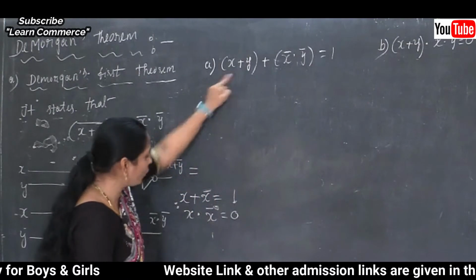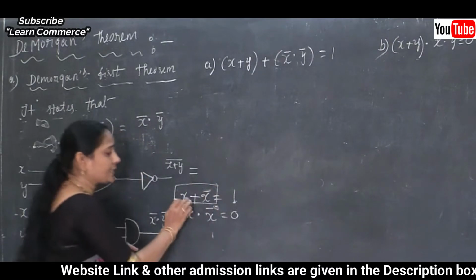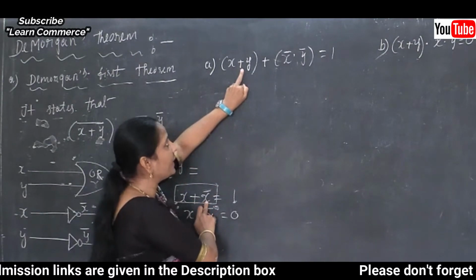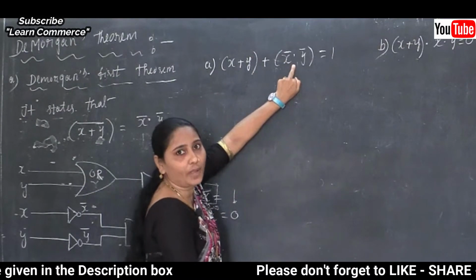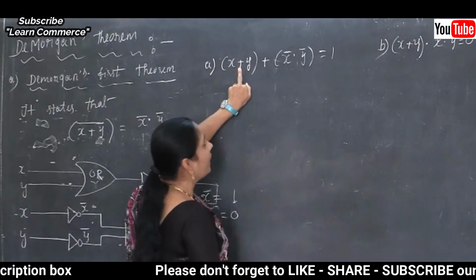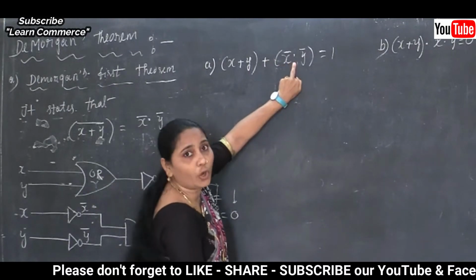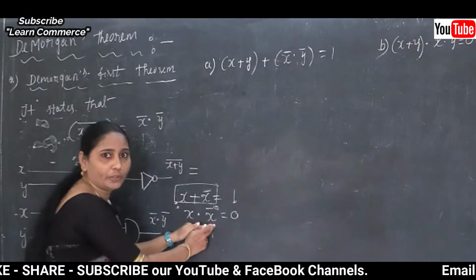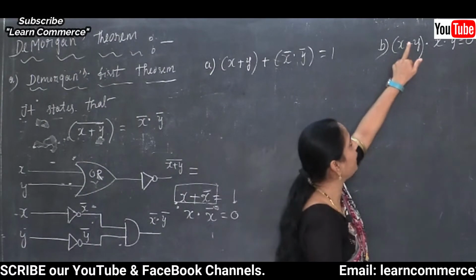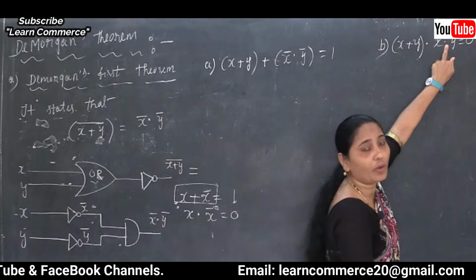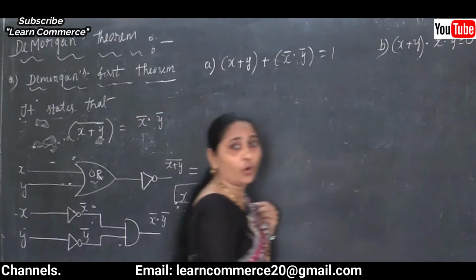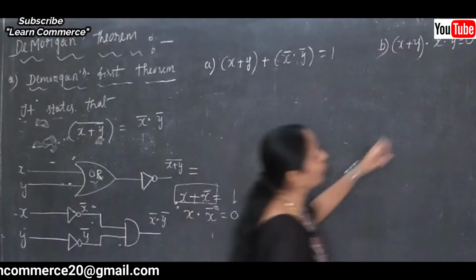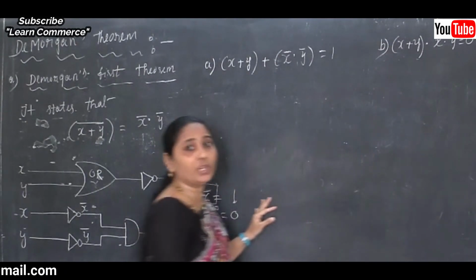So see, just now I completed x plus complement of x. You have to think about this one, that is x plus complement of x. Clear this point? And the second one is x and complement of x. The second one is x and complement of x, that is equal to 0. That means in the second option, if you are going to prove it, we should get the AND result, that is equal to 0.